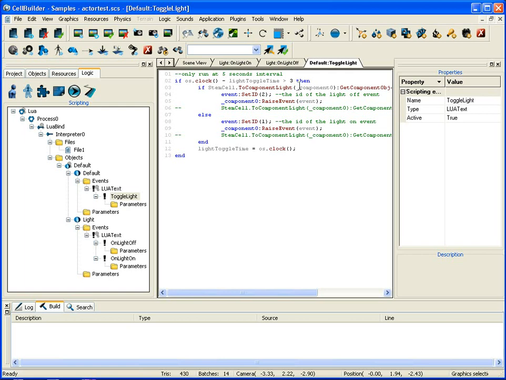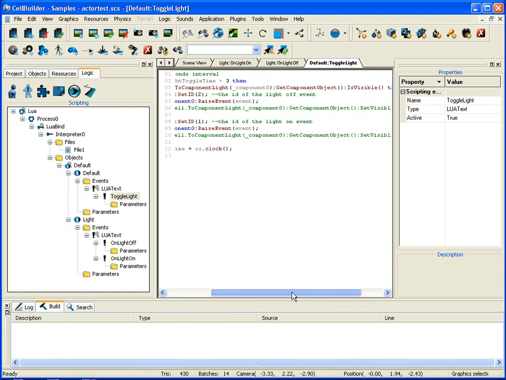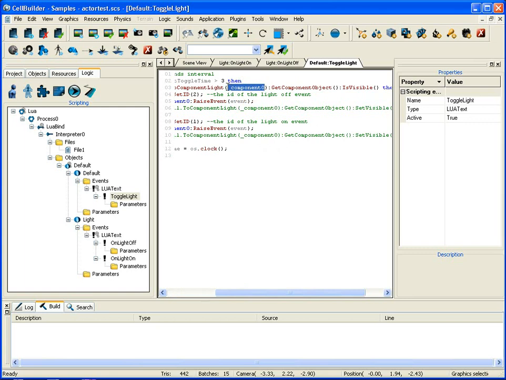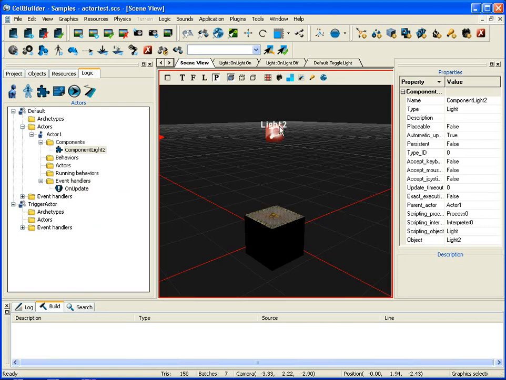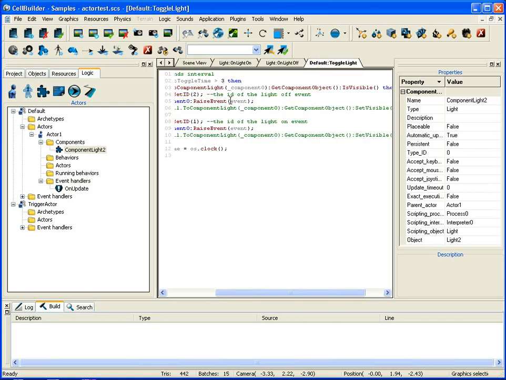The code is looking if more than 3 seconds passed, then it uses the parameters it receives from the system when executing this event, which is the first component attached to it, which is the component we have here, component light2, then gets the object from that component, which is the light2, and